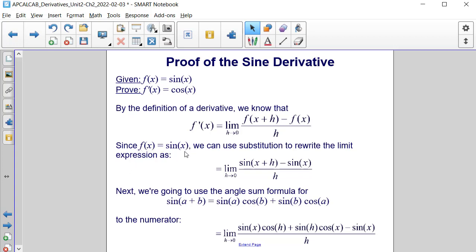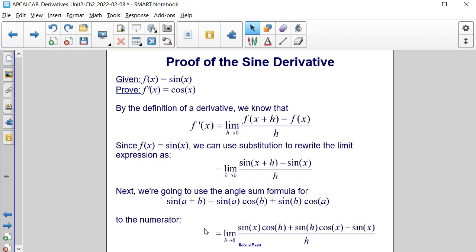Since f of x is equal to sine of x, we can use substitution to rewrite the limit expression as the limit as h approaches 0 of sine of x plus h minus sine of x all divided by h. The next thing that we're going to do is use the angle sum formula for sine of a plus b. It's equal to sine of a times cosine of b plus sine of b times the cosine of a. Well, instead of a and b, we just have an x plus h there, and we're going to apply that